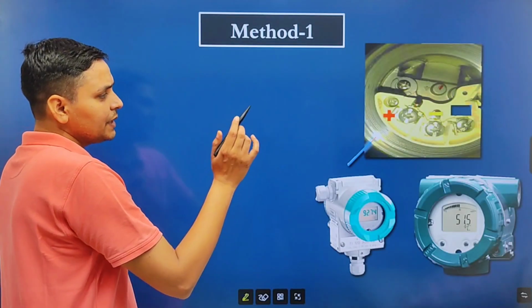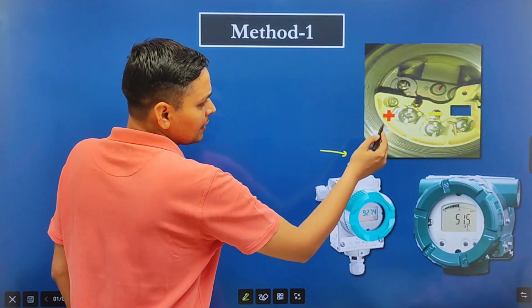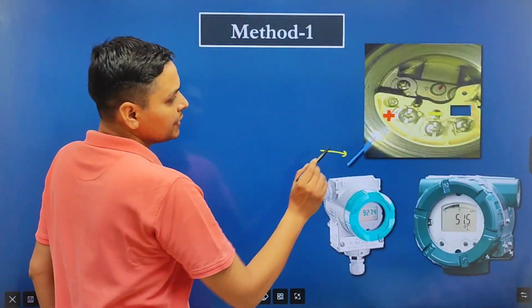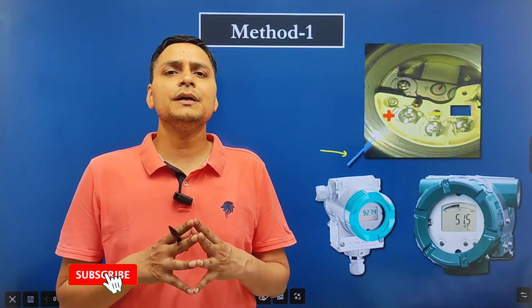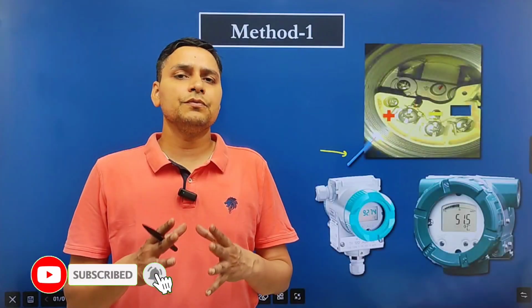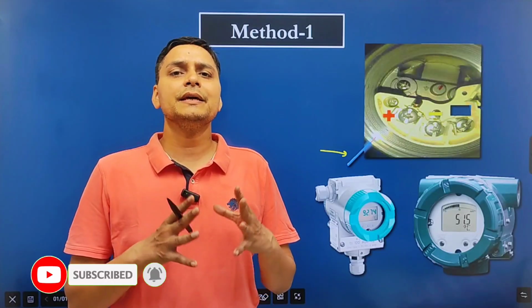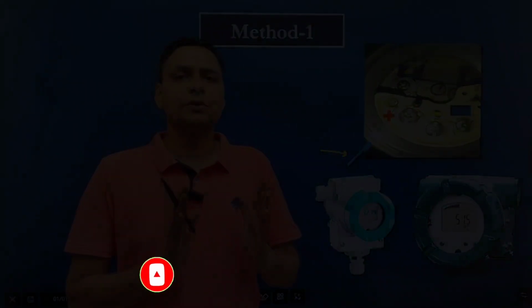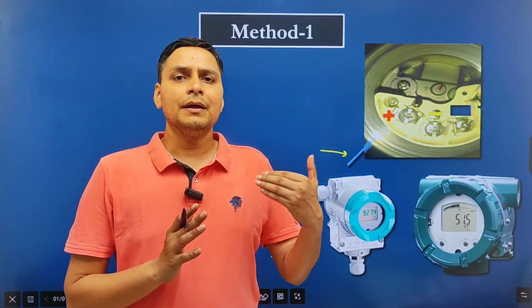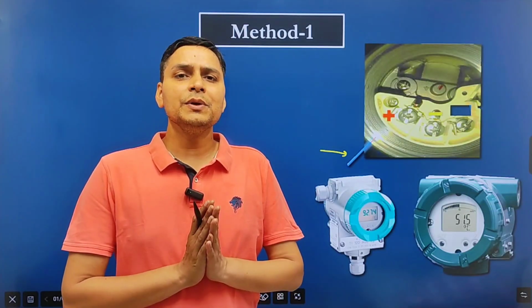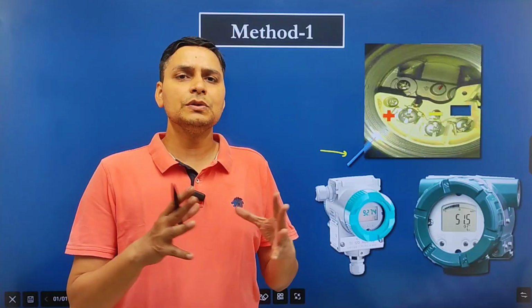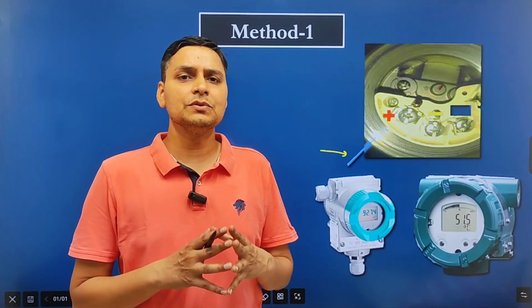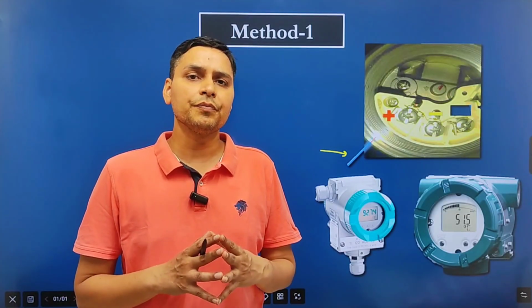First we will discuss the first method. Look friends, in this method you need to disconnect the positive wire, and you need to tighten this terminal after disconnecting the wire. But remember this point, if you disconnect the wire, you need to inform the control room so that they can be prepared for this, because this transmitter will be connected in SCADA, and it may be possible that it is connected in some loop, so that loop will not work at that time. So you must inform the control room.